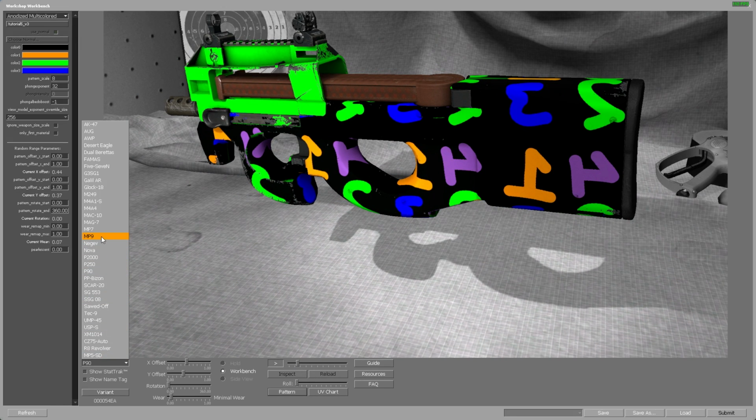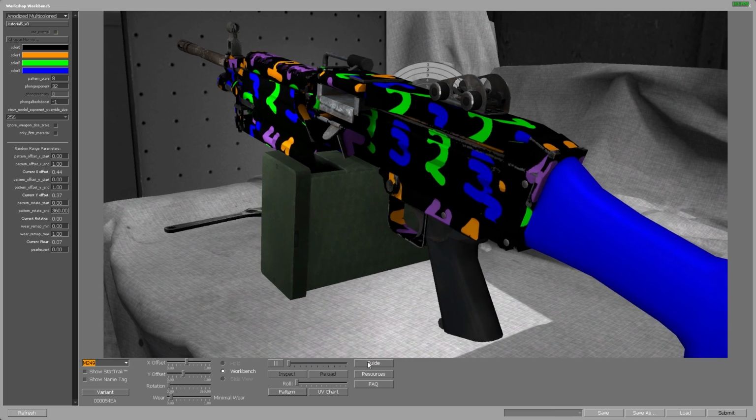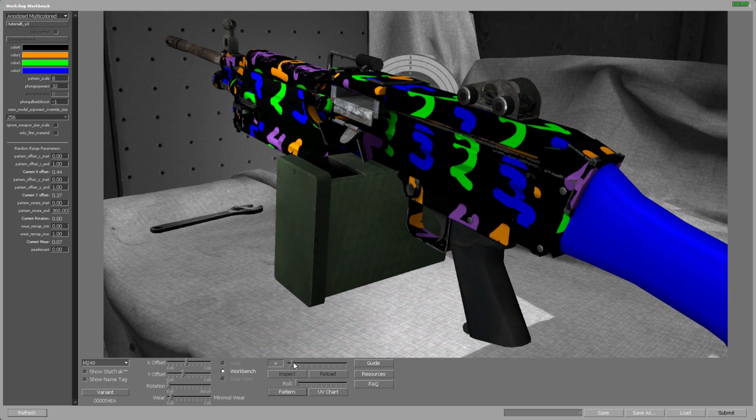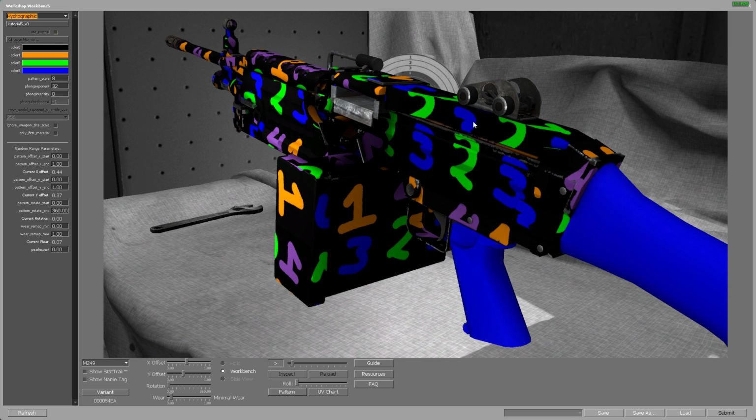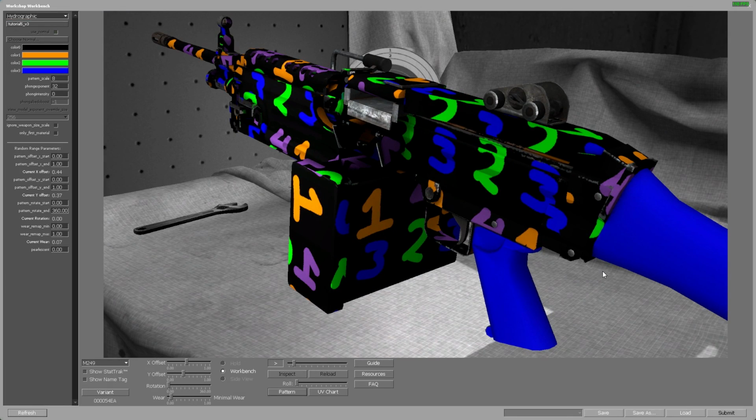Aside from that, there are some differences when it comes to application as well. So let's see, the M249 is probably a good example, I think. So here we can see that in anodized multicolored, the pattern is applied mainly to the main body, and if we select hydrographic, we can see that the pattern is also applied to the ammo box and the front parts of the weapon. And one thing which you might have noticed is that there are parts that are a solid